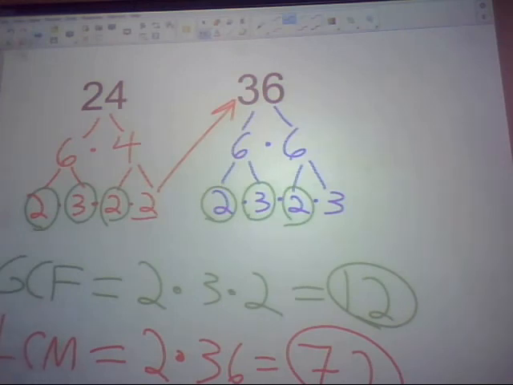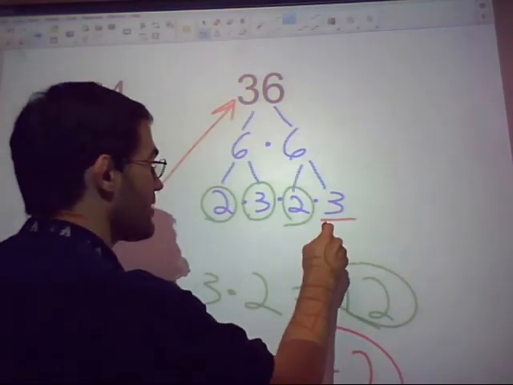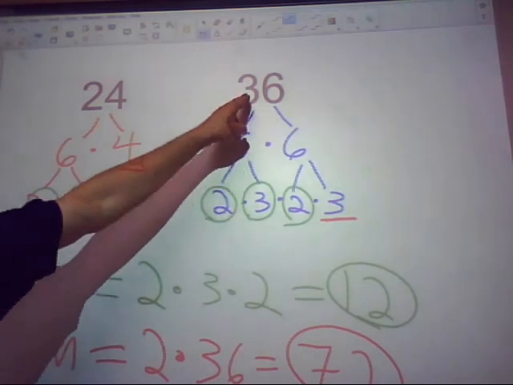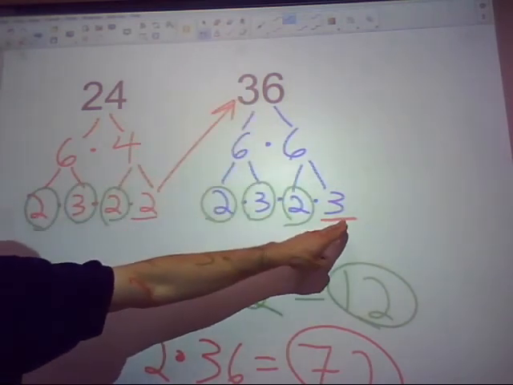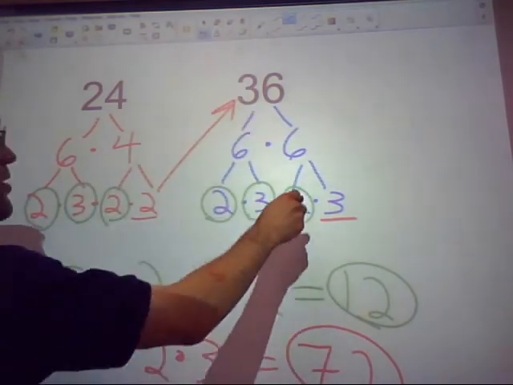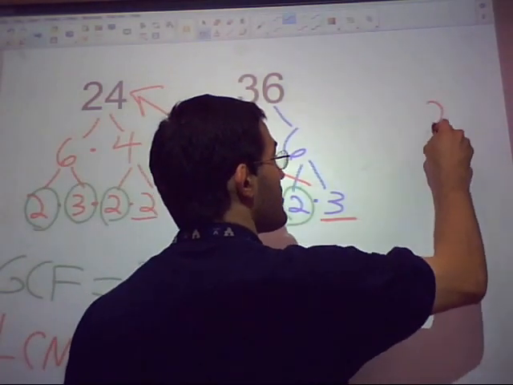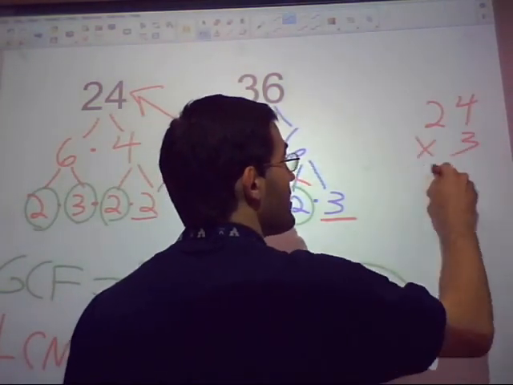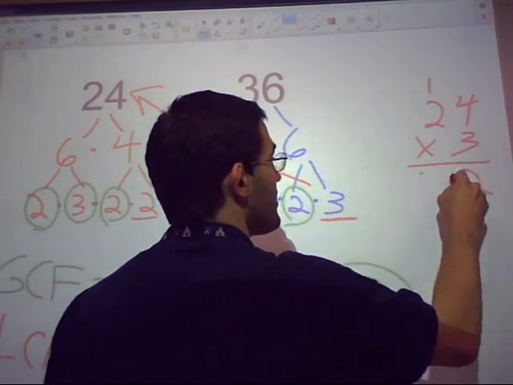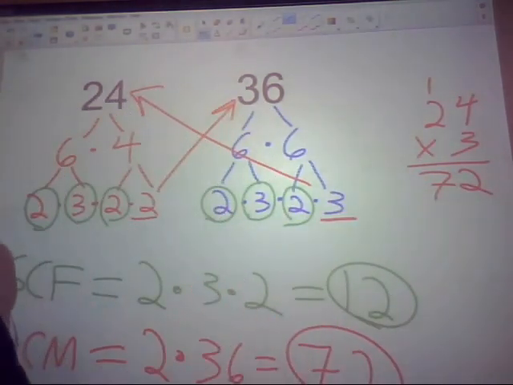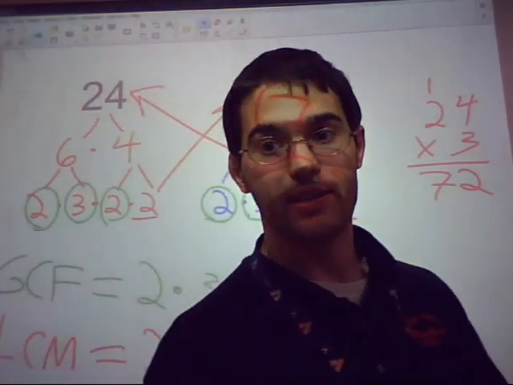If I wanted to, I could have started over here with this 3, the term that was not circled from the 36 factors. And I'm going to multiply that 3 over here by the 24. Well, what's 3 times 24? 24 times 3 equals 72. So you get the same answer either way. So again, you work out the prime factorization just like we did in our